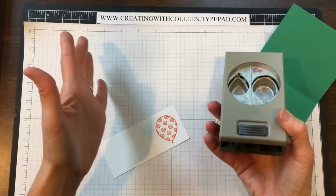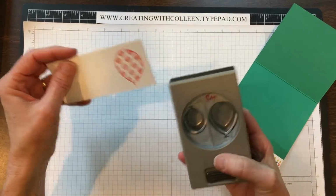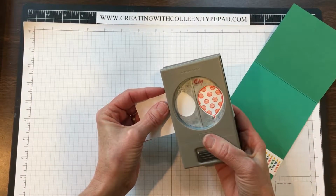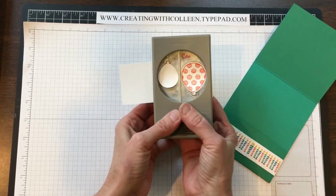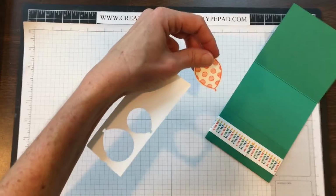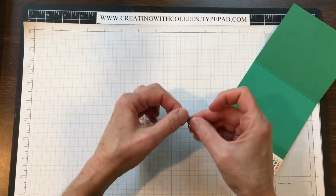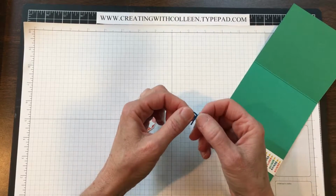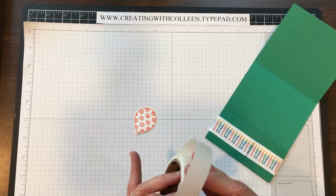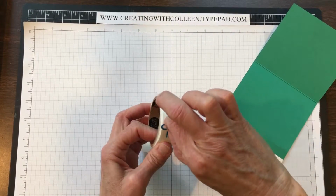So whenever I have a punch that coordinates with a stamp set, I always stamp first and then punch. So I'll come in here. Actually, should have done it on the other end, but that's okay. It's my cardstock. I can waste it if I want to. And then I have my balloon. Now with the coordinating framelets, I've already cut out a little bow, and I'm going to put that on with the glue dot. So I'm just going to take it and actually put it on the middle here, give it a little squeeze,